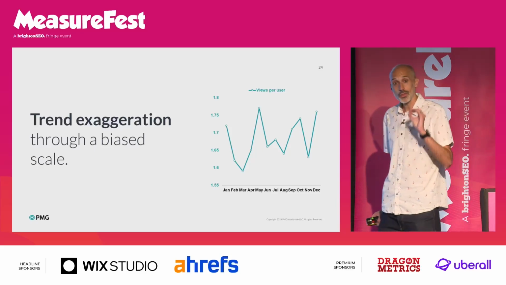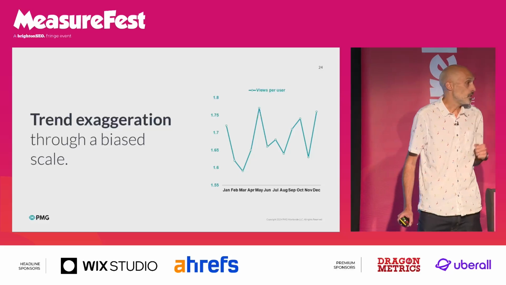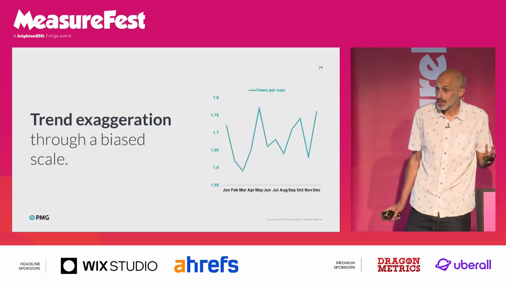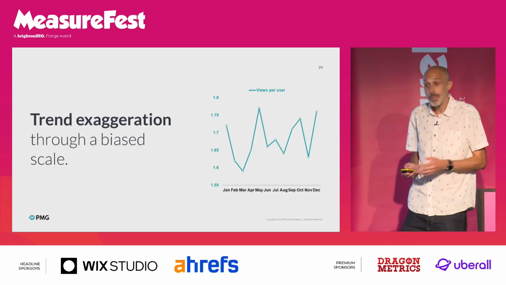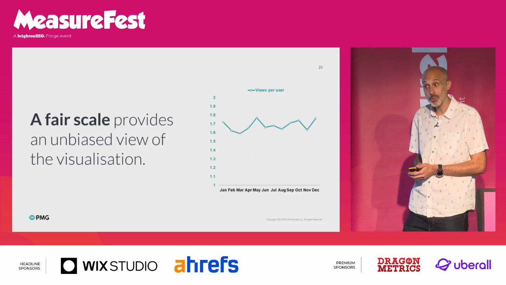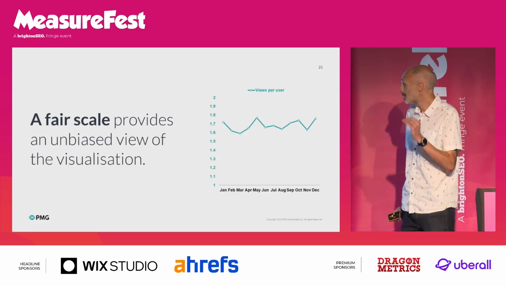However, you could argue that Y-axis is not fair and representative. Views per user could be lower than 1.55 at any point in time. They could be higher than 1.8. At this stage, you're probably thinking, what's the impact of that? The answer's pretty significant. Exactly the same underlying data, but given the thought in terms of the scale you choose